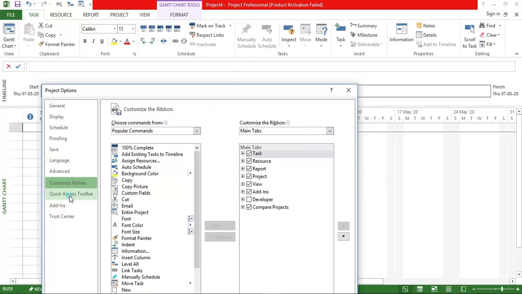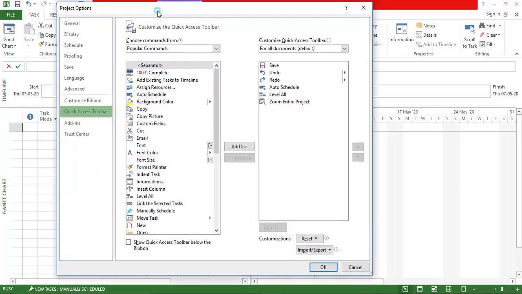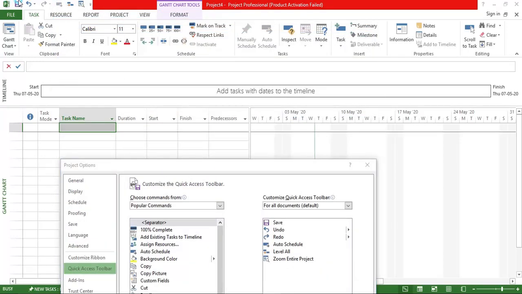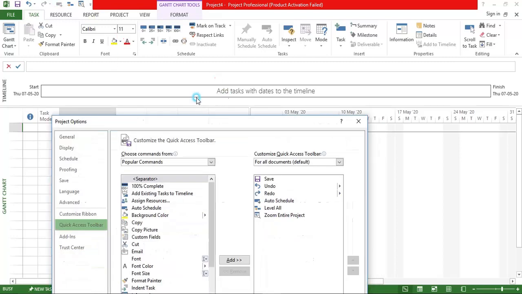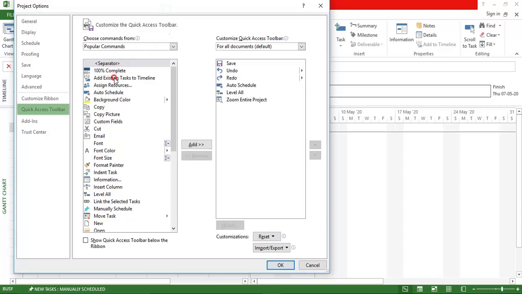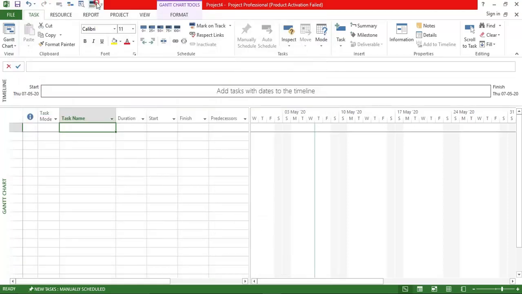The next one is your quick access toolbar. In the quick access toolbar, you are able to see something at the top, right? You can see the project icon, Save, Redo, Undo, Auto Schedule, Manual Schedule, and Search. So this is what you can see if you want any of the icons. You will get to know all these things once you start working. Then you know what the most frequently used option is, and suppose that particular thing you use often, I'll just add it and say OK here. Then your things will get added.